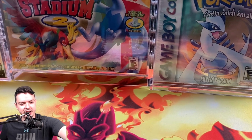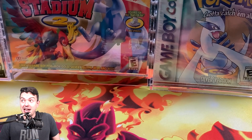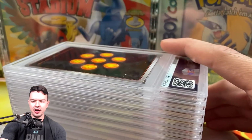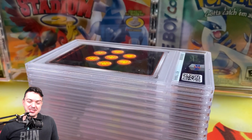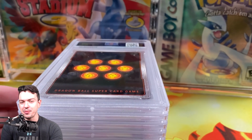If this is what I think it is, this might be my Dragon Ball return, in which case we're gonna get some crazy stuff in here that I submitted last year. So let's see what we got. All right, here we go. This should be the Dragon Ball stuff. It's the Dragon Ball stuff. All right. So this is either about to be a very, very hype video or it's gonna be super depressing,